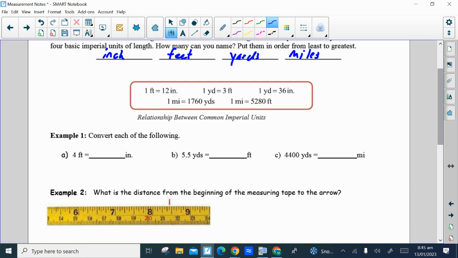So the first example, where we want to convert each of the following. How many inches are there in 4 feet? Well, there are 12 inches in every foot. So 4 times 12 would give you 48 inches in 4 feet. To go from yards to feet, there are 3 feet in every yard. So if you have 5.5 yards,